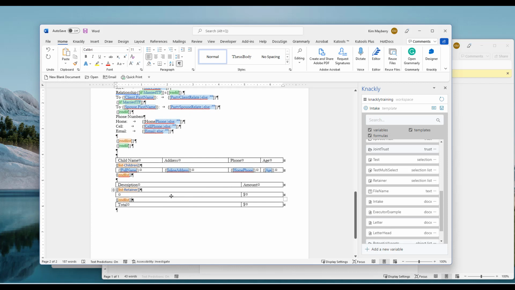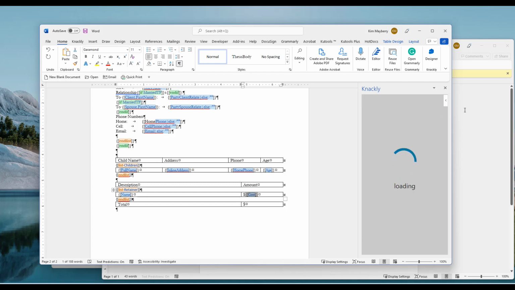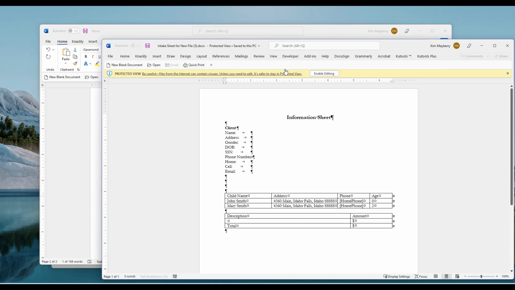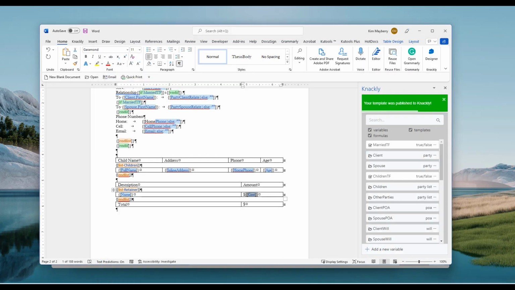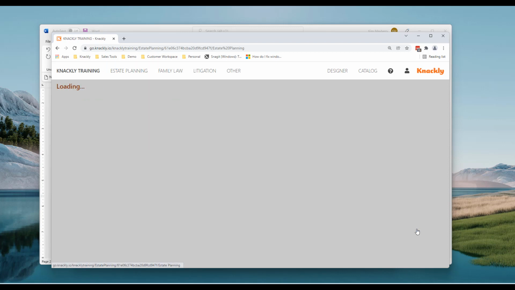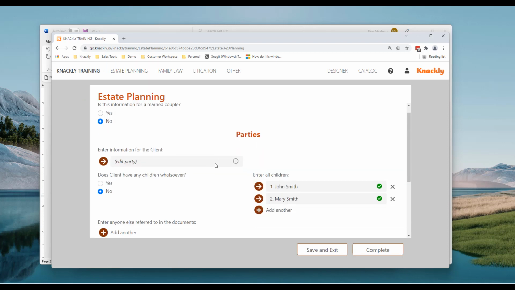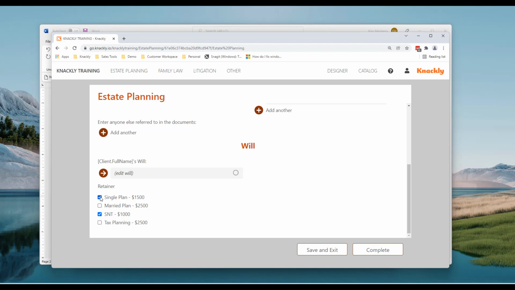And the end list. And then within my retainer, I can put the name and the cost. And so what will happen now is all the retainers are going to be listed. So I'll click save, and let's just show you what this is going to look like. And we'll go back to Knackly, and we'll go back to original, and you see I've got retainer, married, single. I can say what it is, and I can get my list there. Click complete,